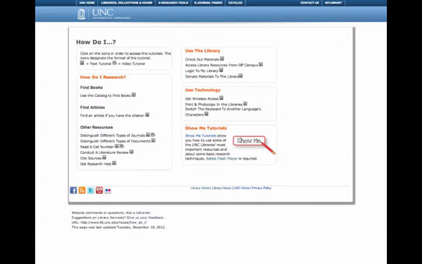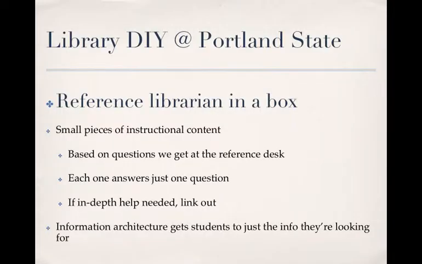And similarly, UNC has a how do I browse point, which then takes them to this page with lots of questions. How do I distinguish between different types of journals? How do I find books? How do I find articles? Check out materials. A lot of those basic things that people need to do pretty frequently. And then there's Library DIY at Portland State, which is a much more